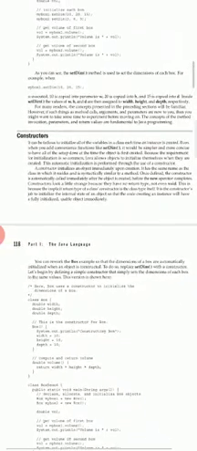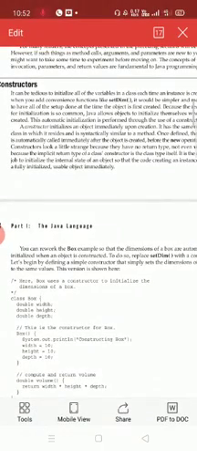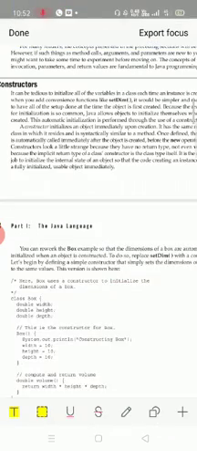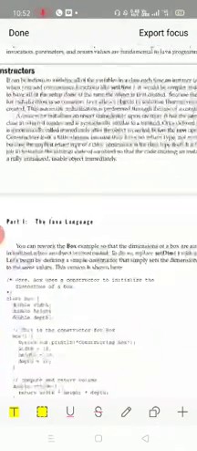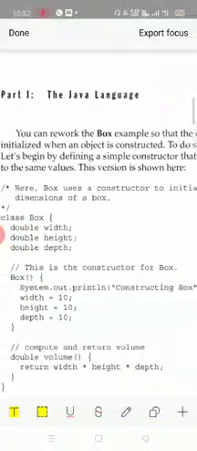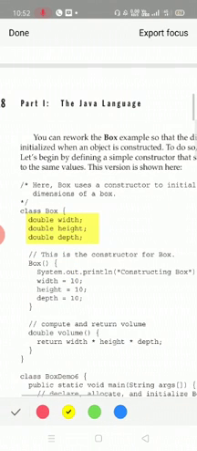Here is an example program where the box class is taken once again, as you can see over here. Class box has three variables declared: width, height and depth.